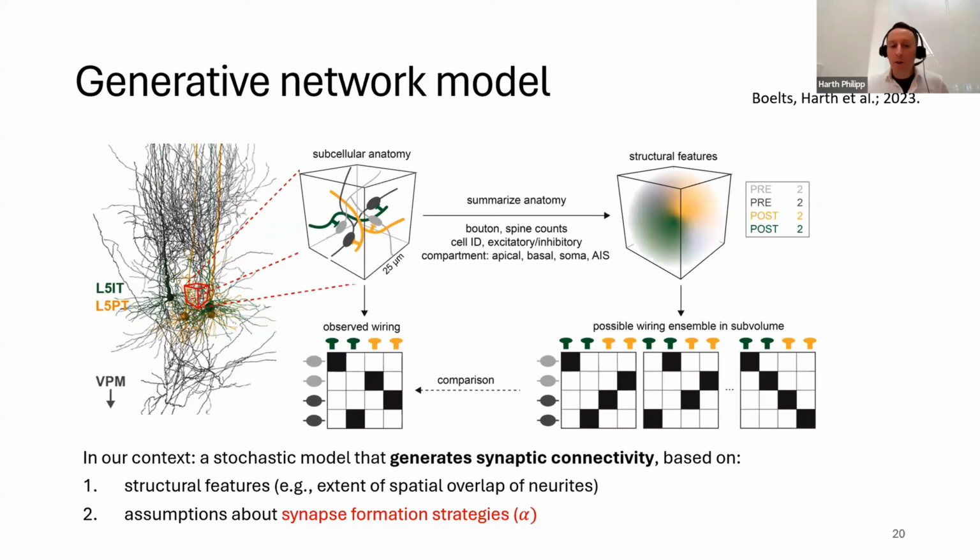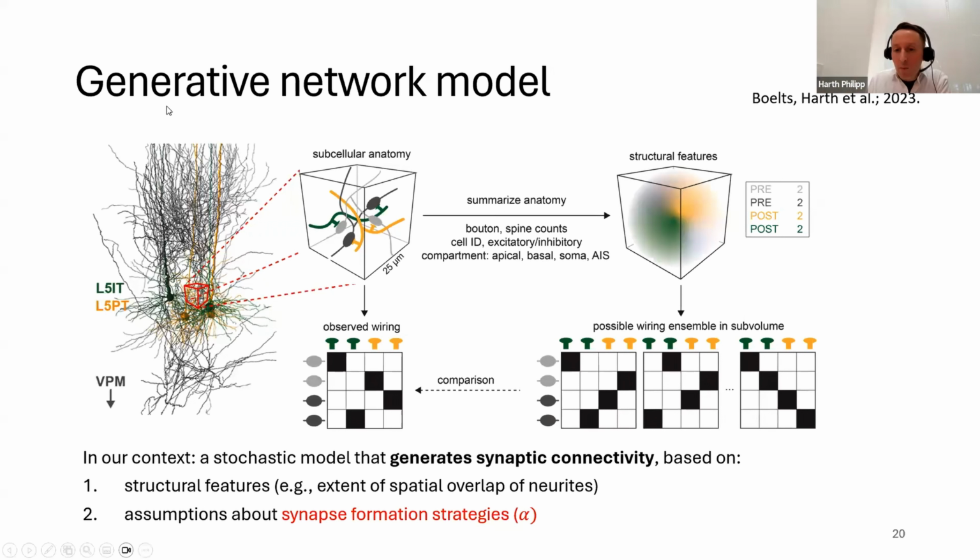But to extend this, we can also integrate more complex assumptions about synaptic wiring preferences. For example, it is known that certain cell types in nature preferentially connect to certain compartments; connectivity is not entirely random. There is targeted connectivity found at the subcellular scale in such cortical networks. We refer to these free parameters or specificity parameters as synapse formation strategies, and for now, let's denote them by some free additional parameters alpha.